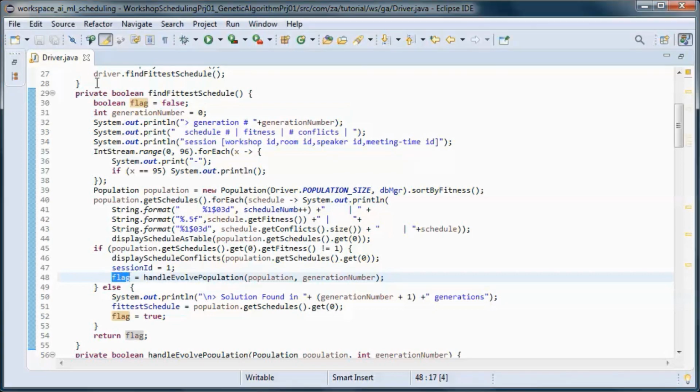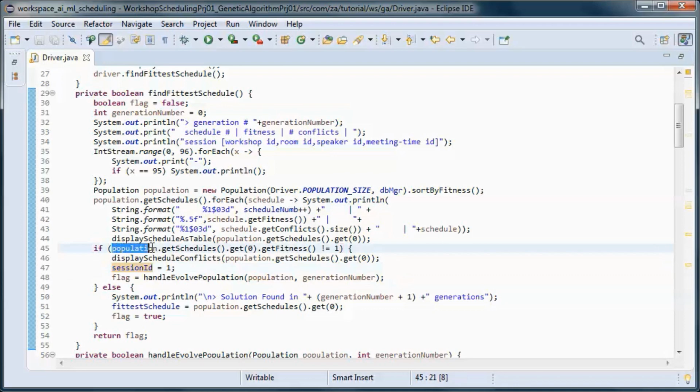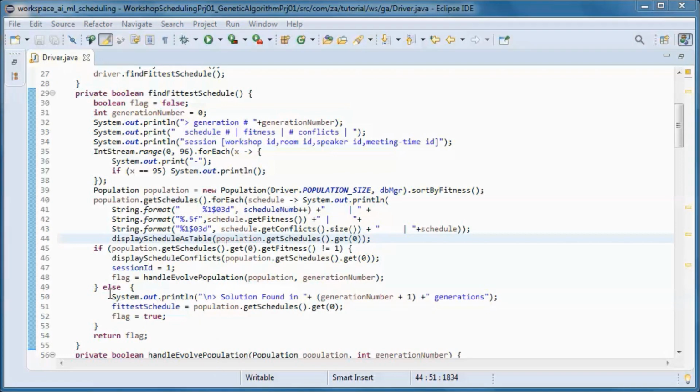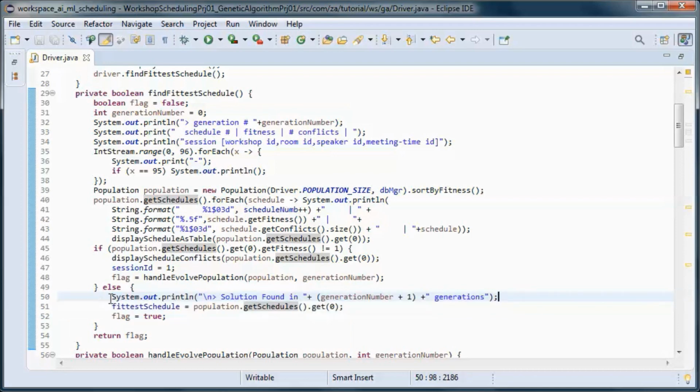So we set this flag accordingly. So we keep evolving the population until the fitness of that evolved population is 1, so it has no conflicts, which means we found a solution, and we set the fittest schedule accordingly.